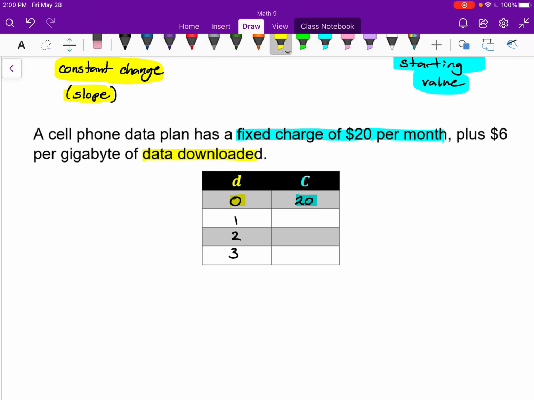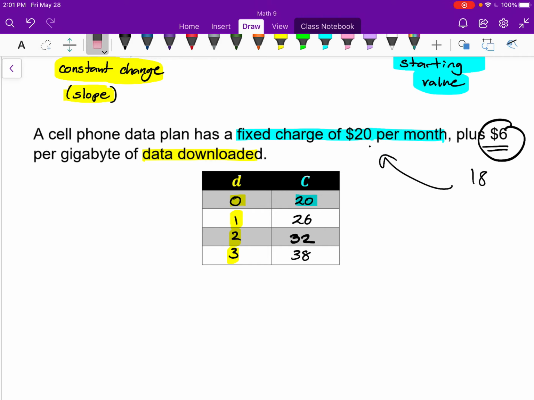Now, in all reality, a person will probably use more than 0 or more than 1 gigabytes in a month. But let's just keep the numbers simple to see the pattern. So if you download 1 gigabyte of data in a month, you're going to pay $6 plus the 20, so $26. If you download 2 gigabytes, you're going to pay 2 times $6, so 12 plus the starting amount, so $32. If you download 3 gigabytes, it's going to be 3 times 6, which is 18, plus the 20, so $38,